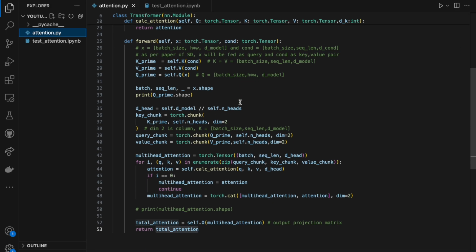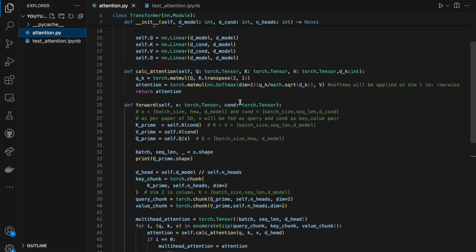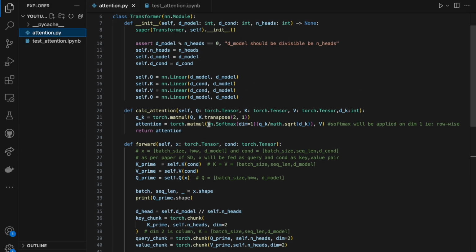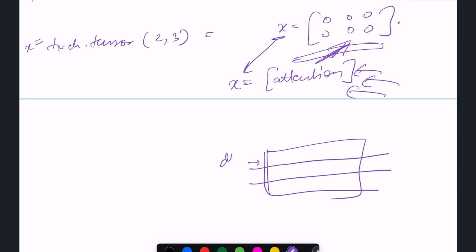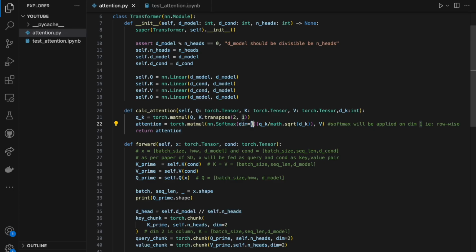One other thing that I would like to bring your attention to is the application of softmax. If you see, this is nn.softmax with dimension equal to 1. In the slides, we mentioned that we apply the softmax along dimension 0, and dimension 0 is basically row wise. But here I've written dimension 1. Dimension 1 is written because